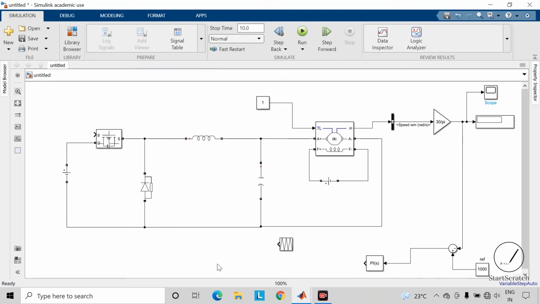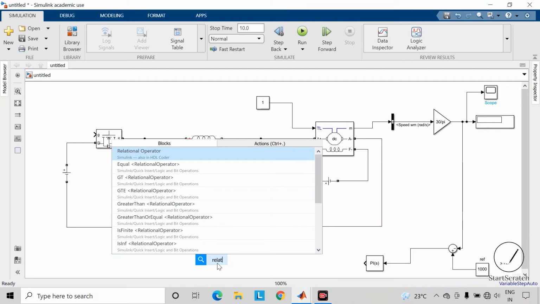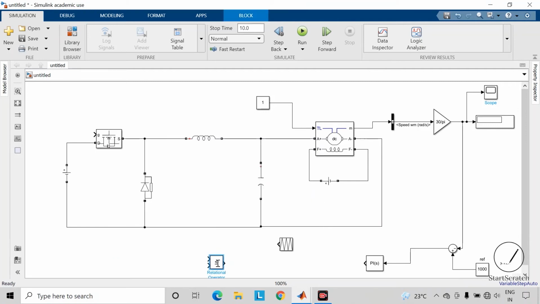Now take the relational operator block. And connect this repeating sequence and PI controller to this relational operator, and output of this relational operator connect it to this gate terminal of this MOSFET.